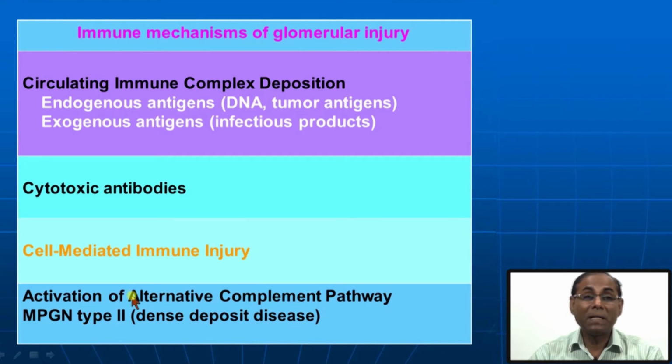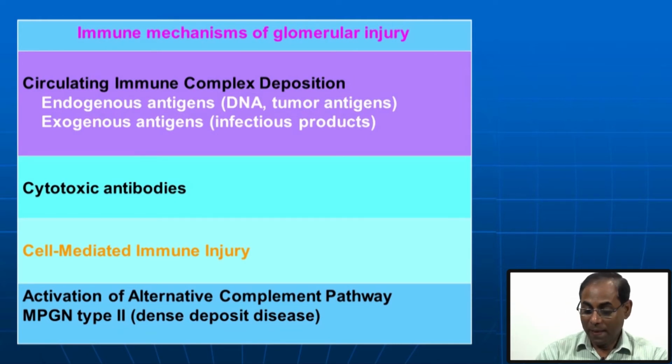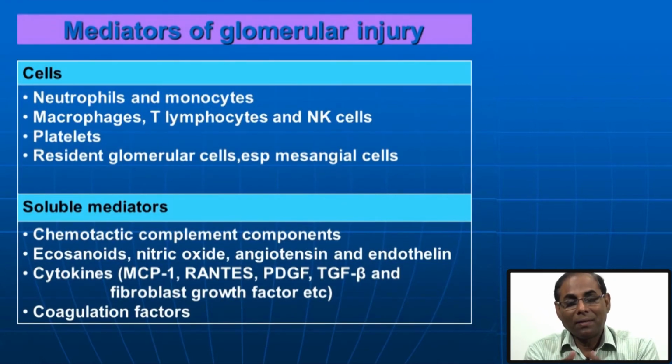The complement mediated injury is much highlighted, and we have the newer classification of membranoproliferative glomerulonephritis, where it is not associated with immunoglobulin deposit, but only associated with complement abnormalities or alternative complement pathway abnormality. So the classical example is dense deposit disease. So we talked about how immune abnormality causes glomerular injury,